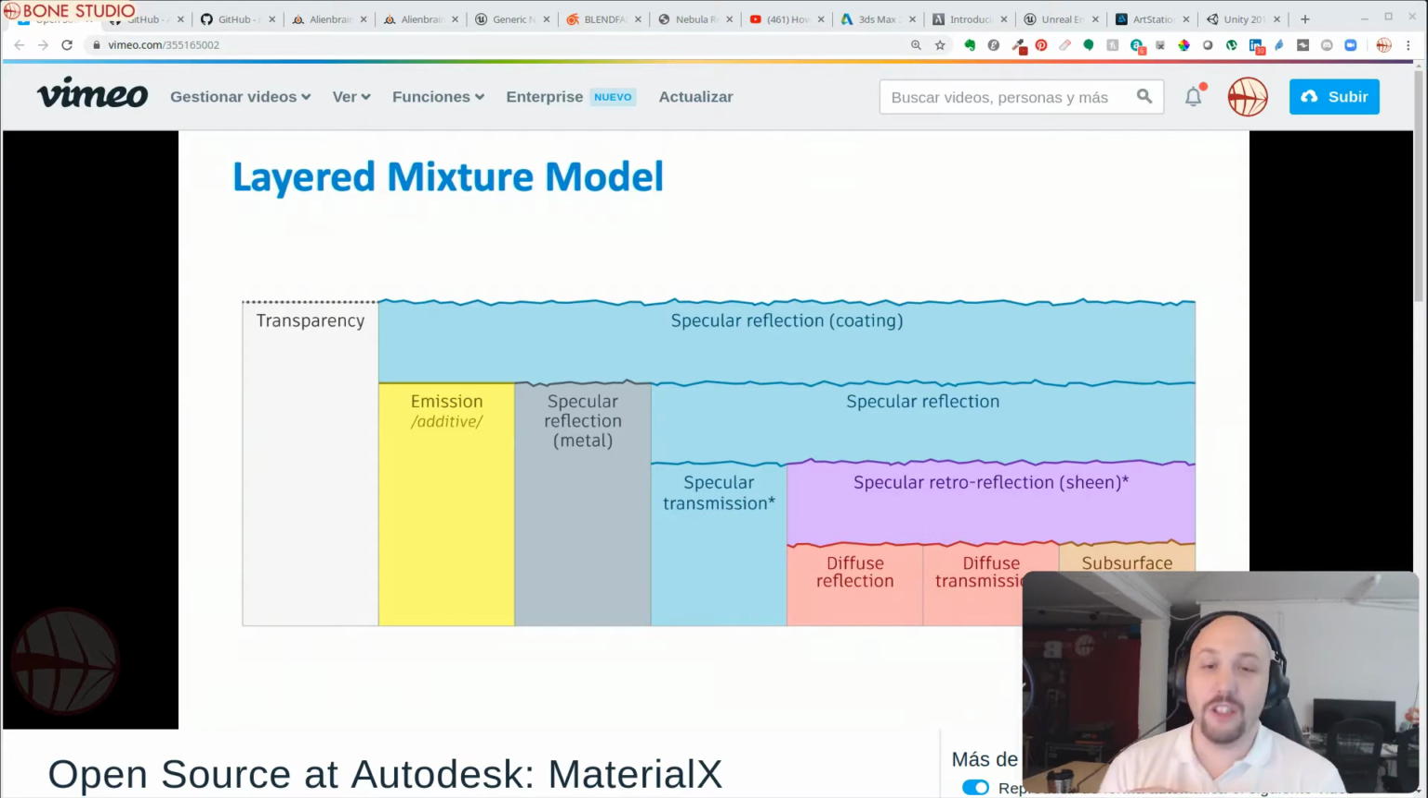We have Autodesk and open source. What does this mean? Autodesk released a video showing their work with different open source projects. They have worked with the Alienbrain project, I think they are also involved in Open Timeline IO, I'm not sure, but they are also involved in Material X,